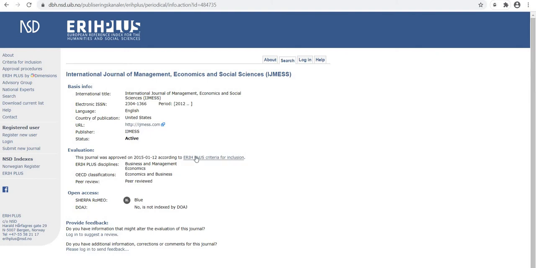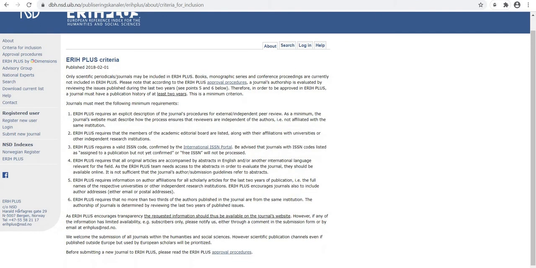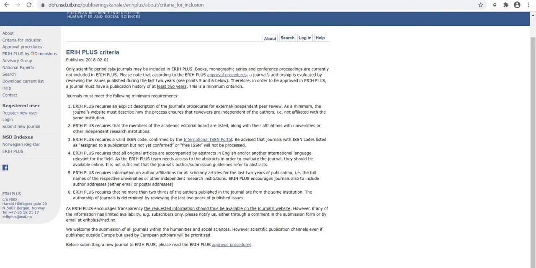Now I'll tell you about the ERIH Plus criteria for inclusion. What is the criteria followed by the ERIH Plus editorial team to include journals in the ERIH Plus index? So I'll click this. Here you can see that only scientific periodicals may be included in ERIH Plus. The journal must have a publishing history of 2 years.